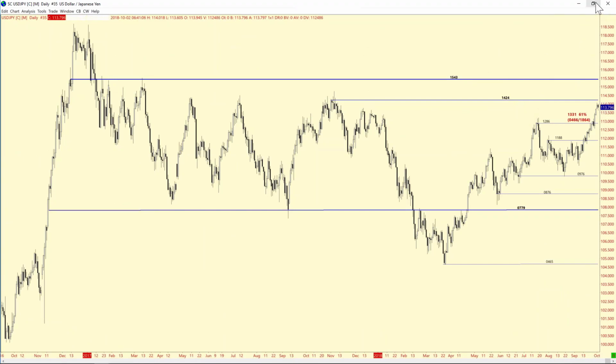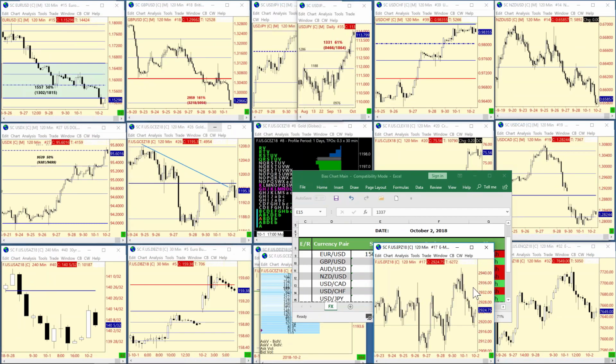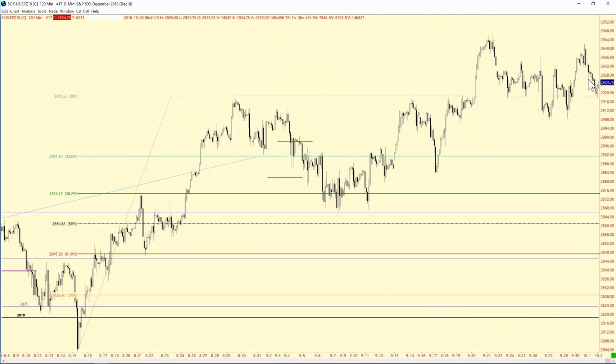Obviously, if we see a pullback in equities, it would certainly go towards that. You saw equities ease back. You know, the whole thing with the tariffs, and now with Italy, you just have to wonder about this. They may hang around until non-farm payroll. We're still holding up very, very well in equities, but we are getting a little bit of a stall. But you've got to give them props. They have held up very, very well.